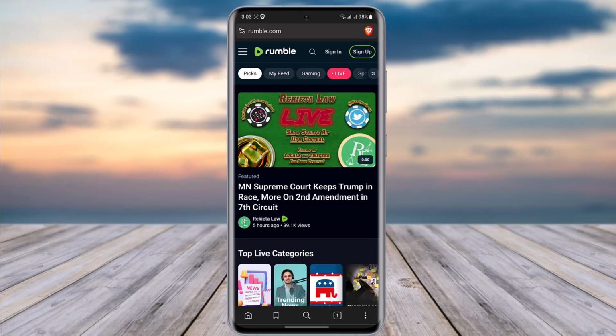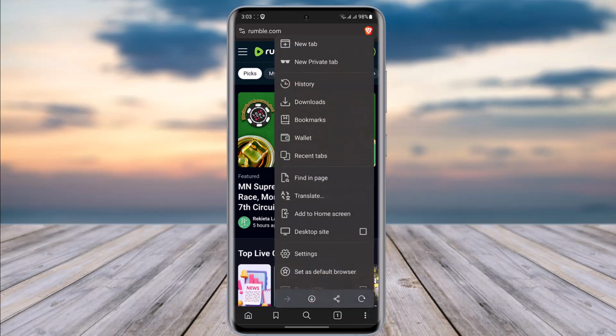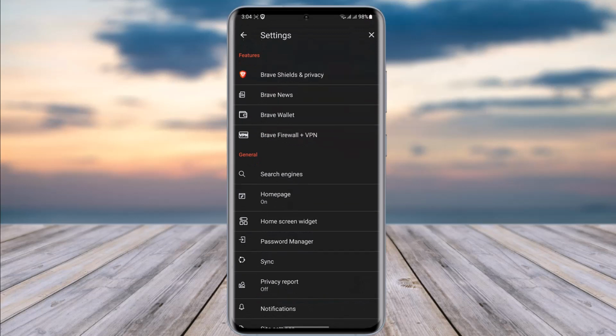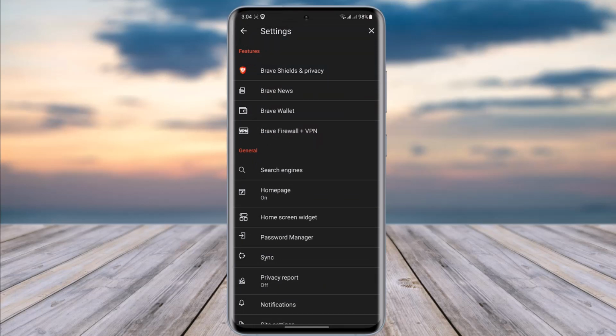Once you have done so, you're gonna go ahead and tap on this three dot icon given below, and for the laptop's purpose it's gonna be on the top right corner. Go ahead, tap on it. Now this will show all of the settings for your browser itself. Go ahead, scroll down, tap on the settings icon given below, and this will let us open another menu of